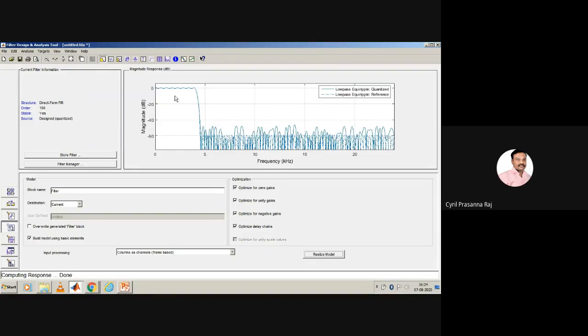All the frequencies from 0 to 4 kilohertz are basically passed, but the frequencies above 4,500 hertz are stopped. But if you see this part here, let me zoom in.